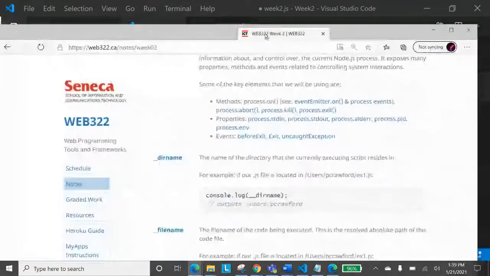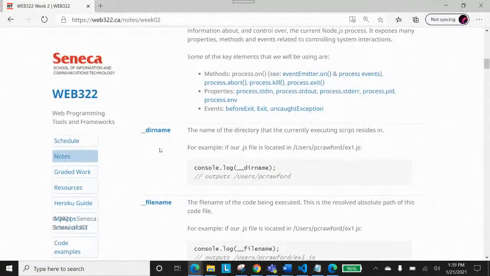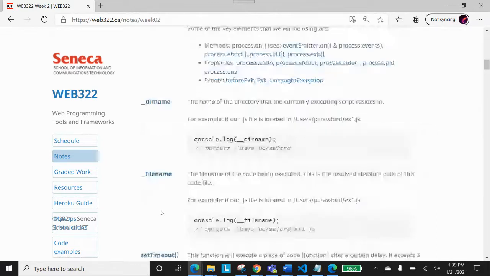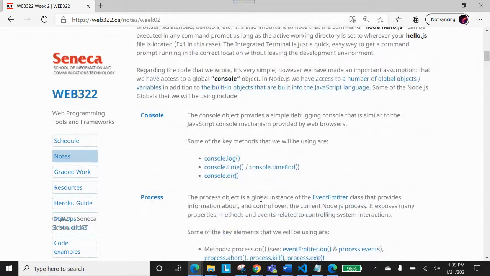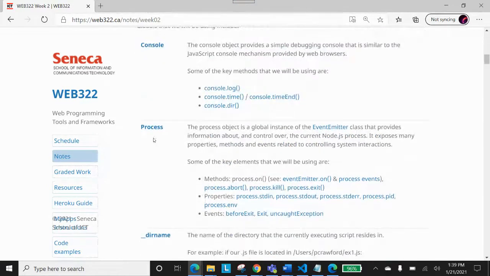Let me just have you look at it. So __dirname. You remember we talked about __dirname. Does anyone remember what __dirname does? Whenever we put that in, it will just give you the name of the current directory, and that will be very helpful. We'll be using that when we make the Express server today. Then we talked about __filename and things like that. There was another built-in module, built-in object, that provides us